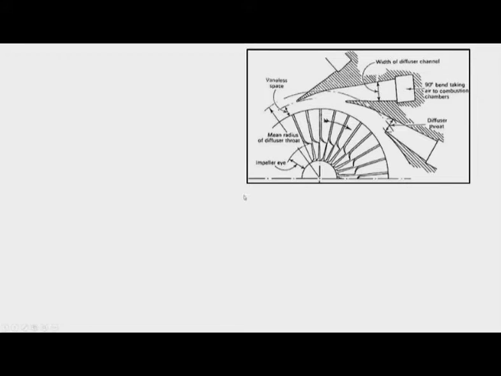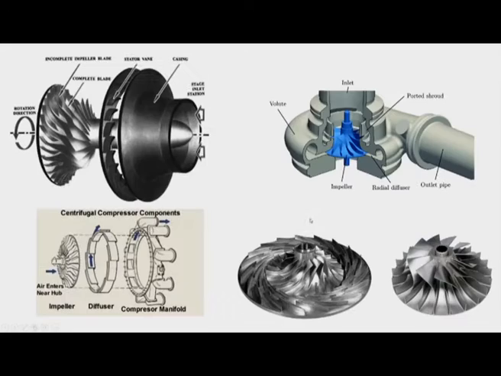So what would happen in the centrifugal compressor is this: we will have flow which is coming in the eye of the impeller first, and then the eye of the impeller has a curved part that is called an inducer. So if we go back, then this curved part is called the inducer. This curved part is called the inducer, and here this curved part is called the inducer.